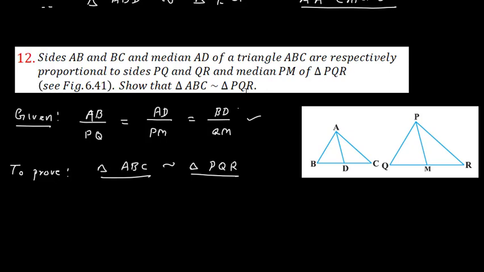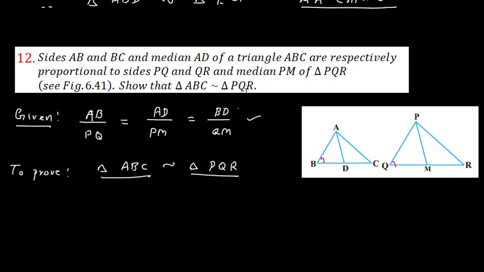The other criteria is the angle criteria, but no angle is mentioned, so the angle criteria will also be difficult because we have to identify two angles. The third is the side angle criteria. Already we can prove this side and this side are proportional to this side and this side. Now, this is the included angle. How do you prove that this angle and this angle are equal? Will you be able to prove that these two angles are equal? How?